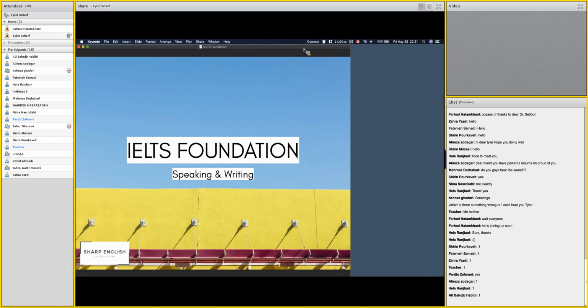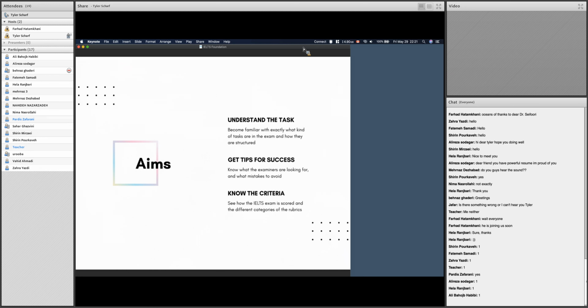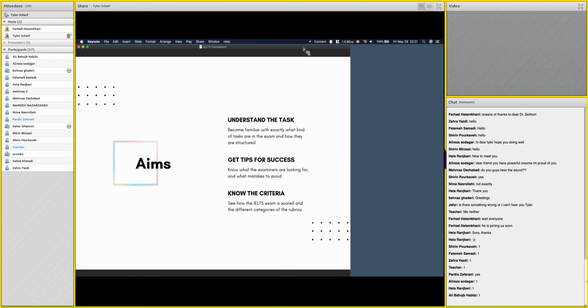So basically, the direction of our talk today is firstly to understand what we are going to be looking at in terms of task, which is really important. You need to have a good idea of what they expect you to do. And we'll give you some tips for success to see what the examiners are trying to get from the scoring